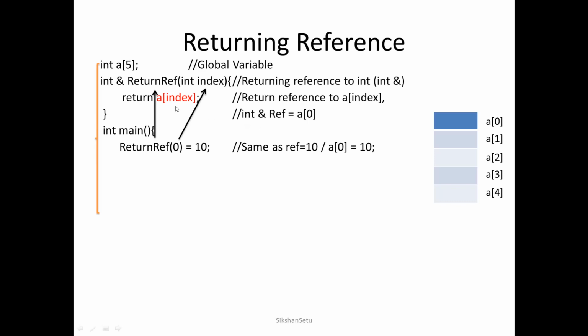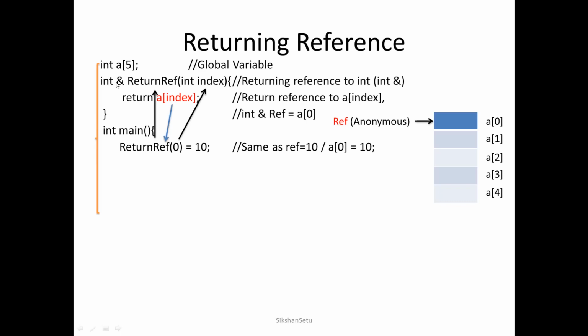So when I execute this statement, the meaning will be integer reference ref equals to a of 0, since I am returning a of 0, and this reference is being written here. So the meaning will be ref equals to 10. It means ref refers to a of 0, so a of 0 equals to 10. So when we need to get access to a of 0, we can return it as a reference.